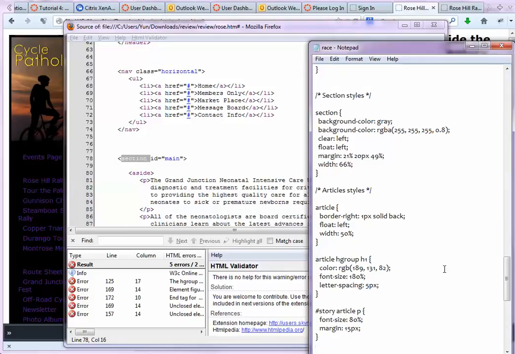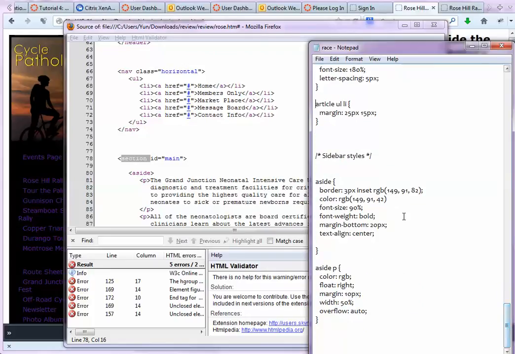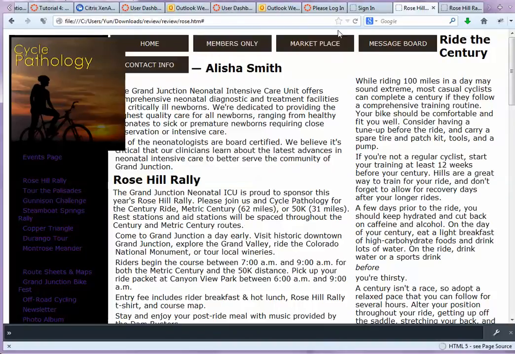I'm just guessing here. Okay, again, article, H group, H1, and asides. All right, so that looks good. Go ahead and save that, and then